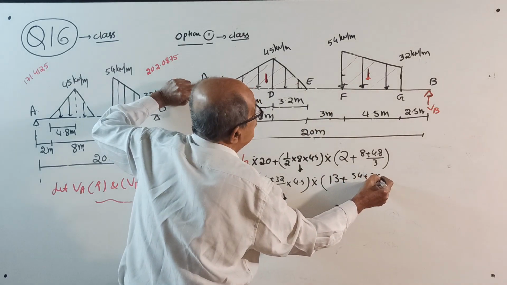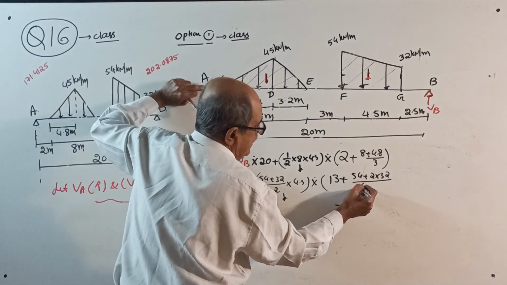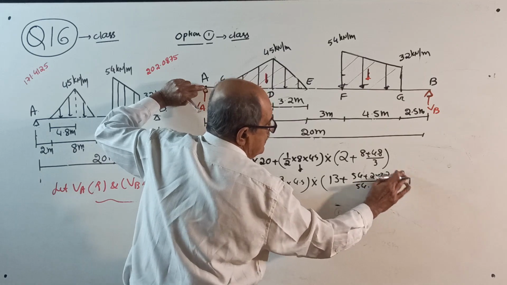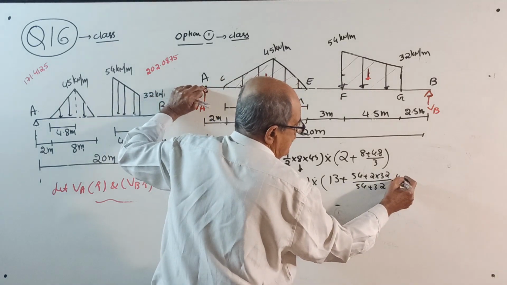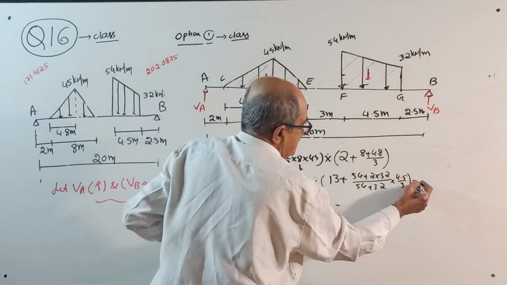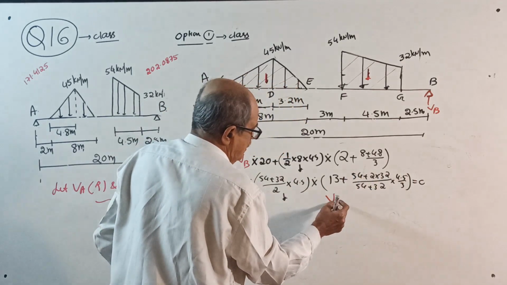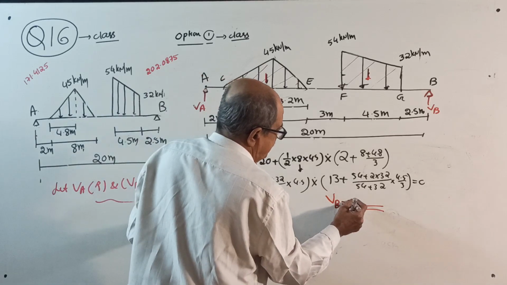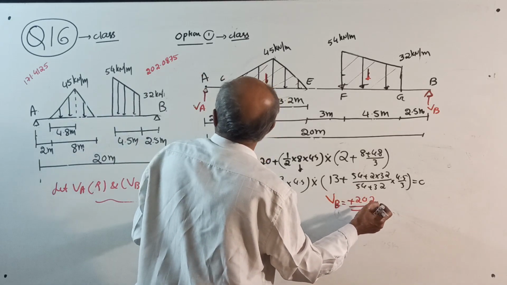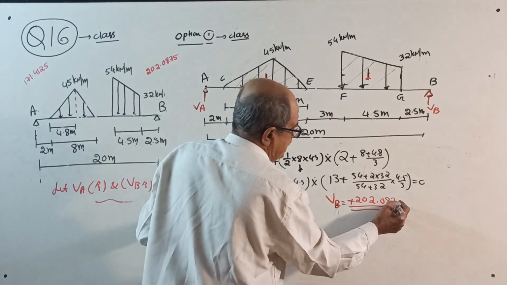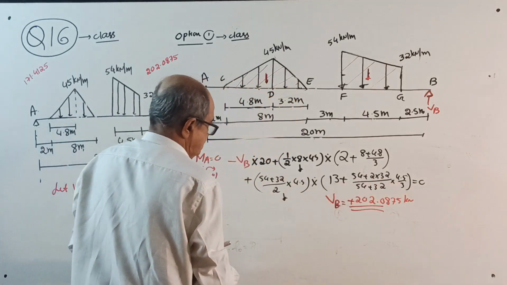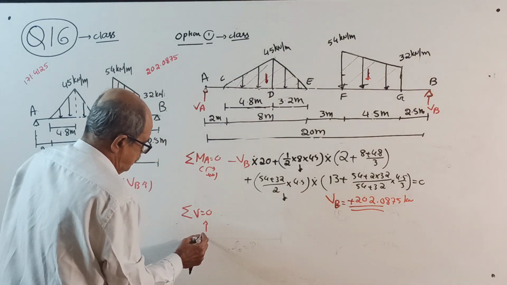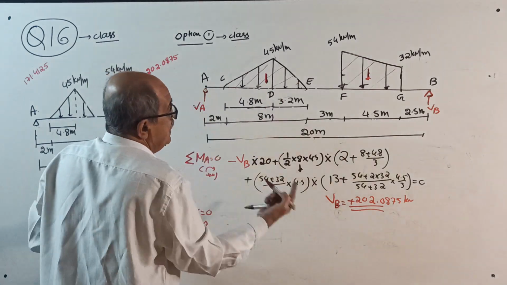When you take moment about A, 2 plus 8, 10 plus 3, 13, and then this distance is 54 plus twice of 32 divided by 54 plus 32 into 4.5, into 4.5 by 3, equal to 0. You will get the value of VB. VB will come, I already got it, plus 202.0875 kilonewton. I write the full number. Then make sigma V equal to 0. Take upward positive. Plus VA plus VB